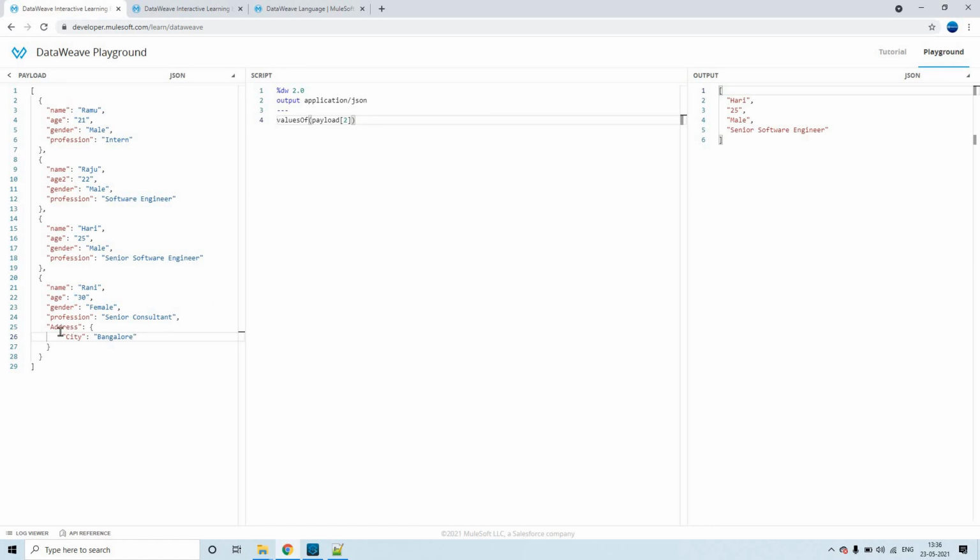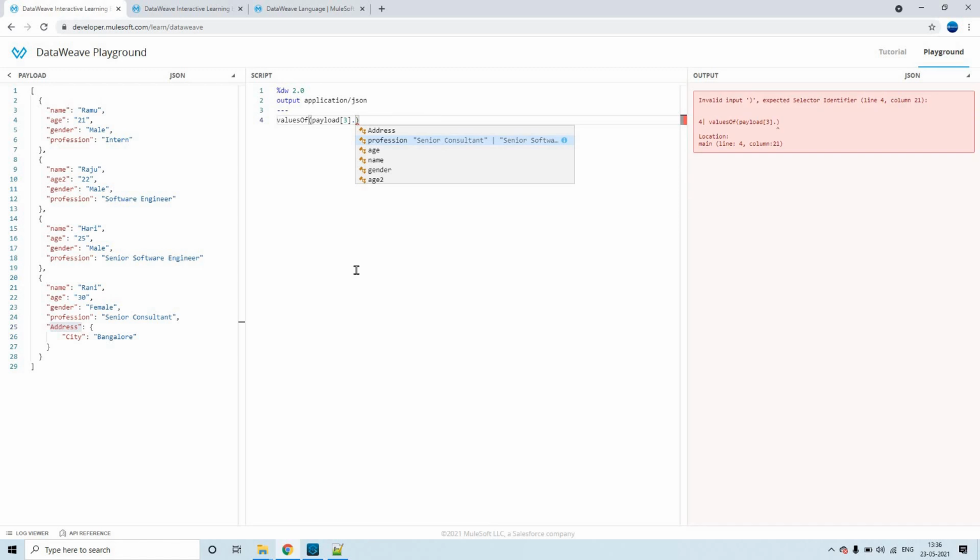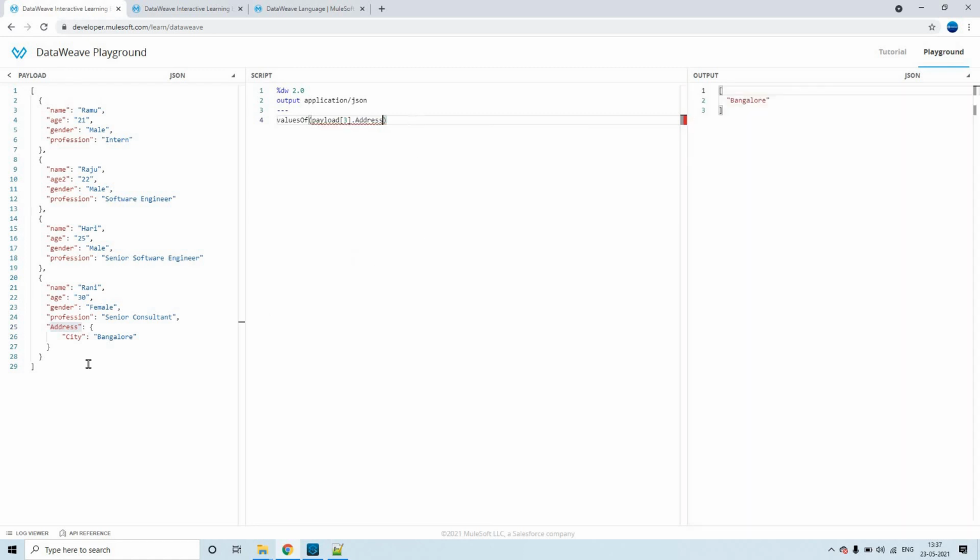In order to check the values of this particular element, you first have to go to that index, which is nothing but 3, and dot. Your requirement is to check the values within the address, right? So you have to select that. Now see, you got this value. If you have multiple values inside this, let's say state, I'll keep it as Karnataka, right? Now you see here it will list two values based upon the function.